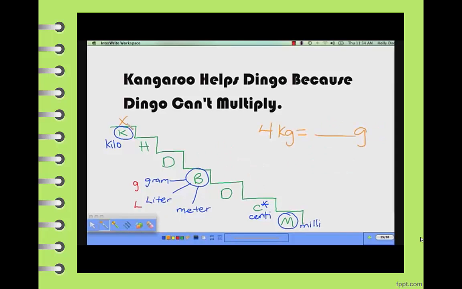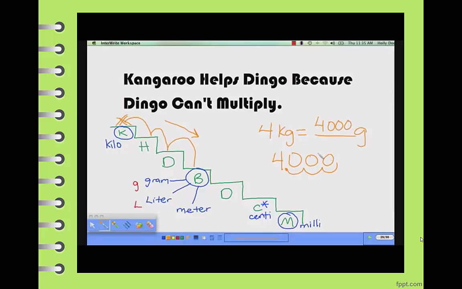In this example, we have 4 kilograms. We want to know how many grams that's equal to. Let's go ahead and start out on our kilogram step. We want to go to our gram step, which is the base. So that takes 1, 2, 3 steps to get there. Starting out with 4, it's a whole number, decimal at the end. We're moving that decimal 3 steps to the right, because as we go down the stairs, it's going to the right. 1, 2, 3. Fill in those holes with 0, and it looks like 4 kilograms is equal to 4,000